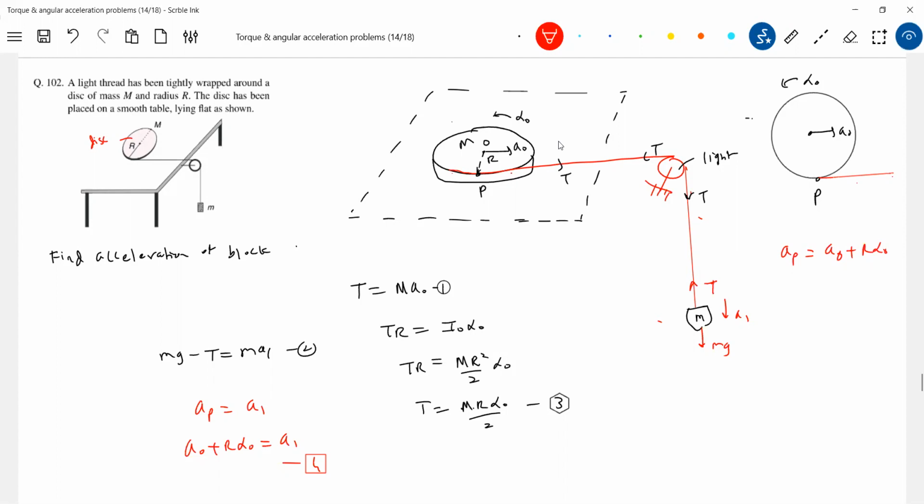Usually, we have a problem where this will be fixed. That this will be fixed here, as we can manage. Even the disk is moving, no? So the string constraint equation due to the string will come into the picture. So what is the core idea involved here? Whenever a string is connected between two rigid objects, then we must take help of that string also to eliminate a few unknowns. So from where did I bring this? The string is inextensible.